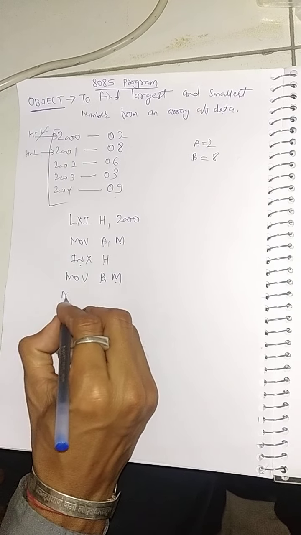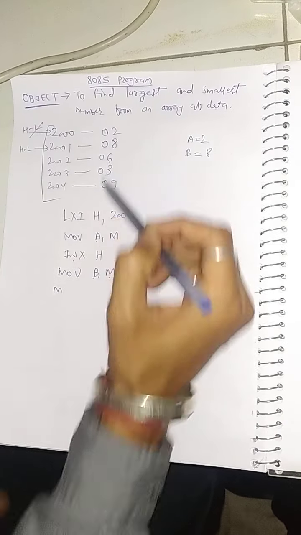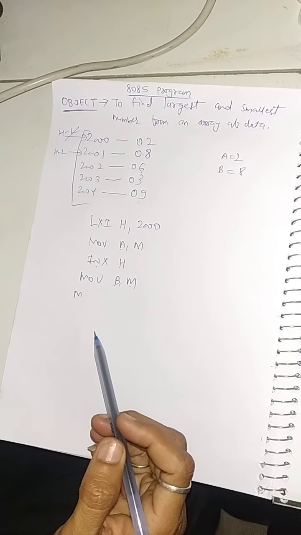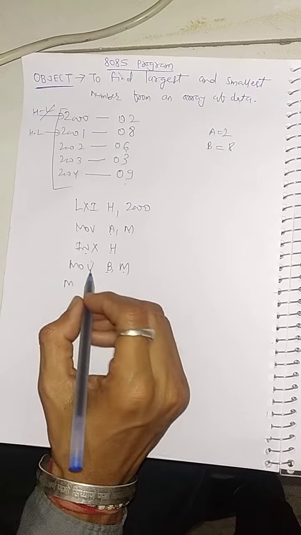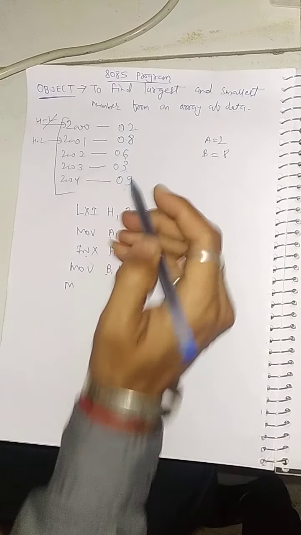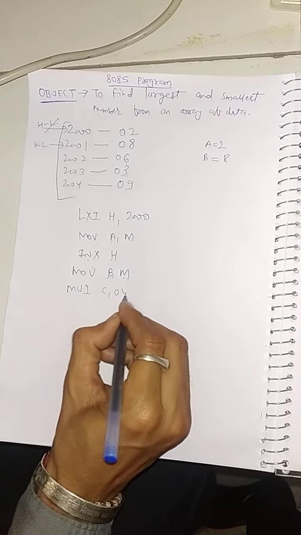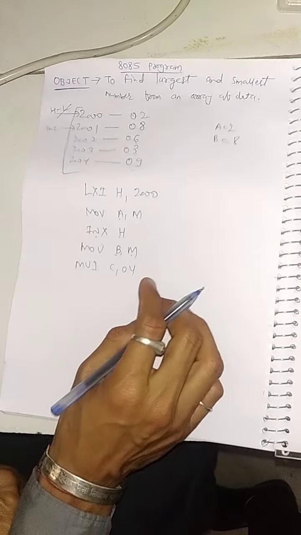Remember, if you have 5 numbers and you have to find the largest or smallest number, you should compare for one time less than the count. It means if 5 numbers are there, you should compare 4 times. If there are 8 numbers, you should compare 7 times. Because we have 1, 2, 3, 4, 5 numbers, I write here 4. So we will compare one time less.